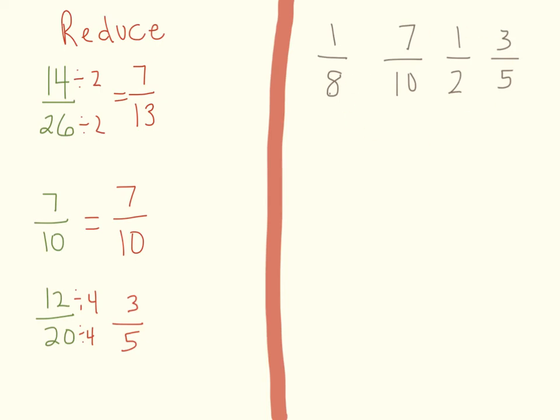Lastly, on the right side here, we have 4 different fractions. Now, without using your calculator, how could you order these from the least to the greatest? The best way to do this is to compare them and say, what is it as a percent or as a decimal? I'm going to write what the decimal is for the time being. Now, we memorized earlier in the year that 1/8 is 0.125. I can write that in. 7/10, well, I know 1/10 is 0.1, so 7/10 has to be 0.7, 7 times that amount. 1/2 is 0.5,